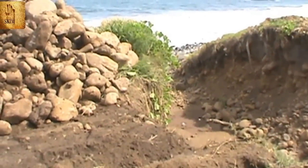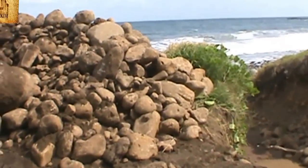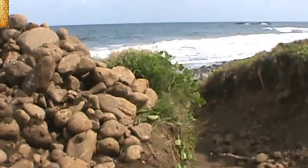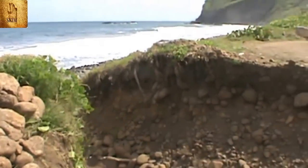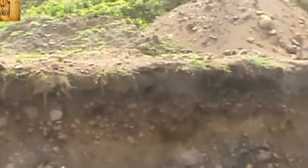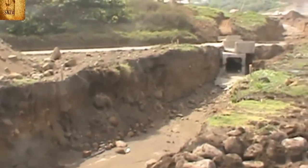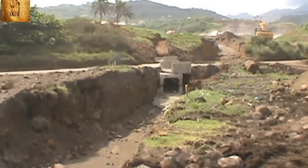I am here at the Bayside area, trying to give you a look to see the area to which the water from under the 191 channel will be heading. Now here I am at the Bayside area. My back is turned towards the sea,